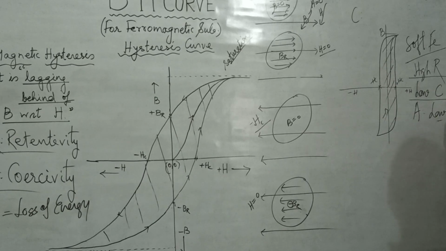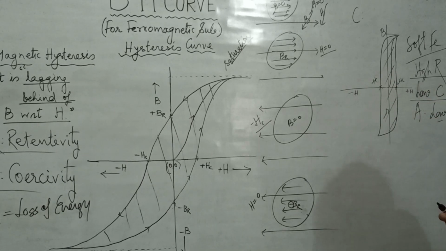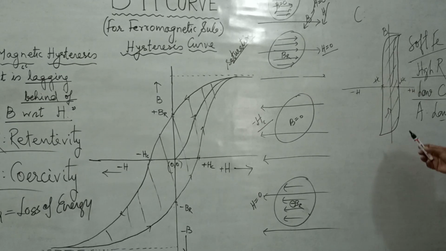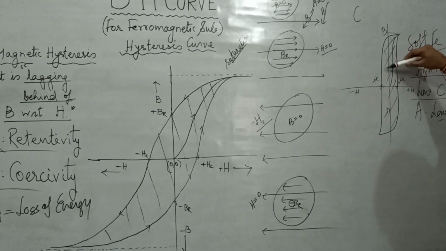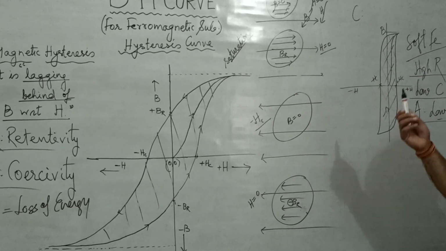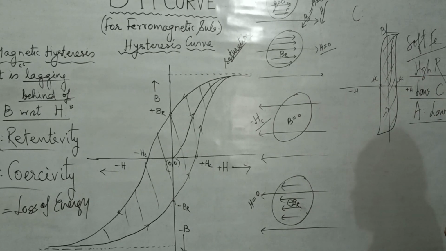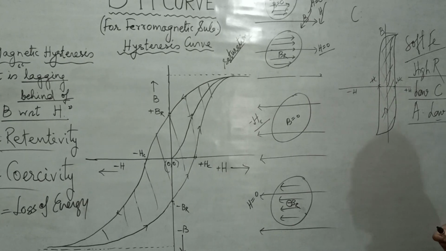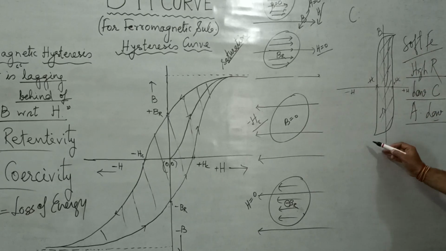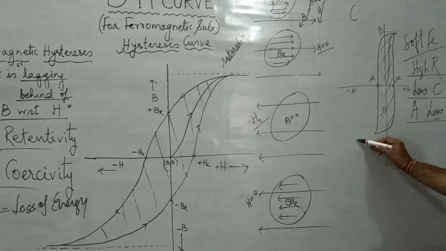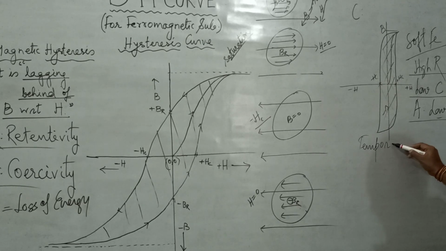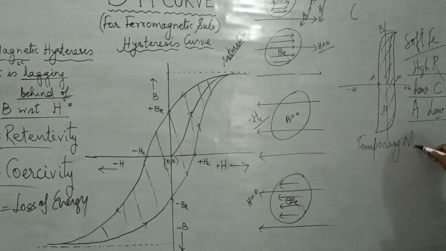So soft iron once magnetized behaves like a stronger magnet because of the high value of Br. But since Hc is very small, it can be easily demagnetized. And once the substance is demagnetized and magnetized, there is loss of energy. Area enclosed is less. Therefore, there is lesser loss of energy during its demagnetization and magnetization in one complete cycle. Therefore, soft iron is used to make what? Soft iron is used to make temporary magnets.